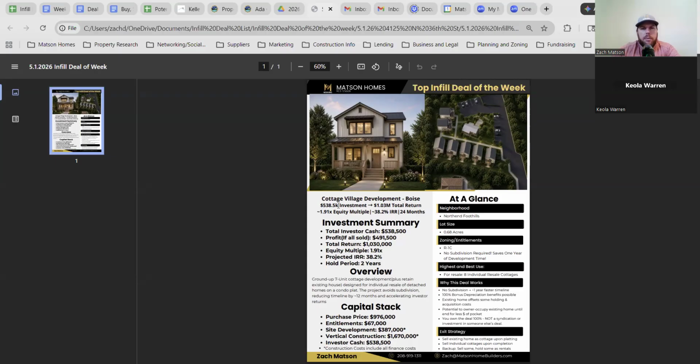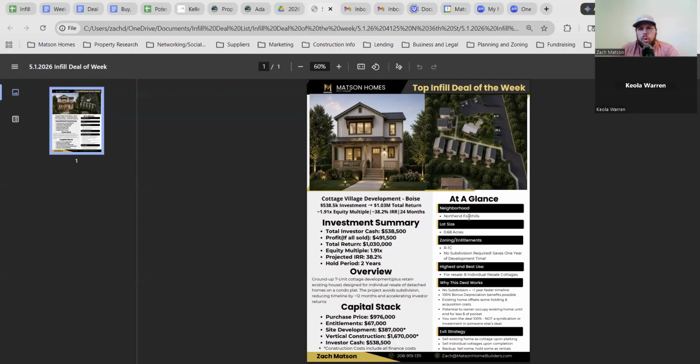What your total cash investment is required, what you get back. This isn't the profit, this is just your total return. So it's your investment plus the profit, and then your equity multiple, your IRR, and then the timeline. And then more of the investment summary below here, a quick overview of the play, and then what the capital